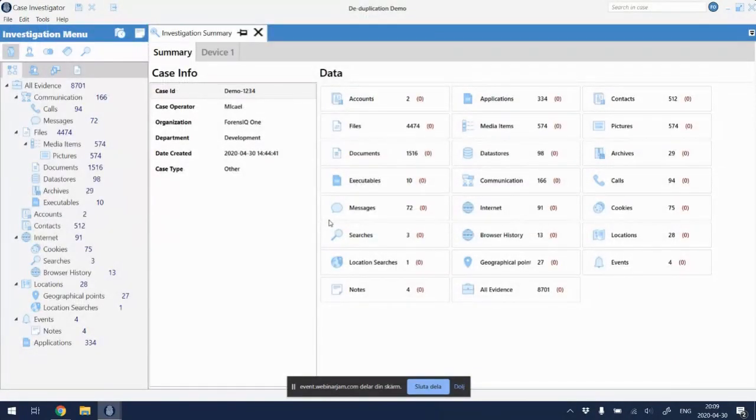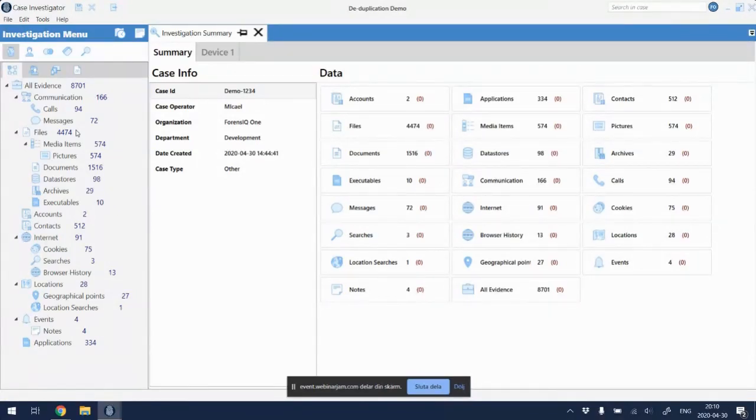And it's actually the same for forensic reports that we were looking at before. I've done the same thing. I added one device with 2 extractions. And what you're seeing when we have opened this up is that on the left side, we have what we call the investigation menu. And you will immediately see an evidence tree where you will see all the different types of artifacts that have been added to this case. And I can see that there are calls, there's messages, there's files, pictures, different internet artifacts, location items, etc.